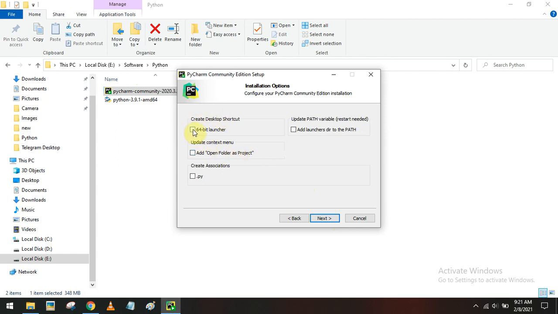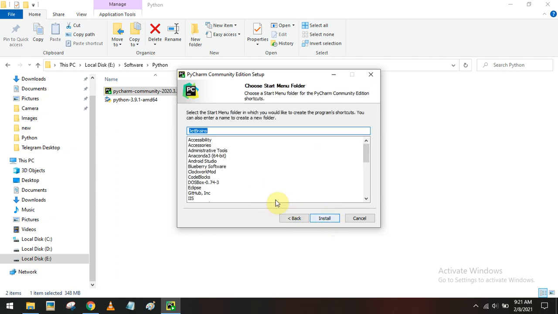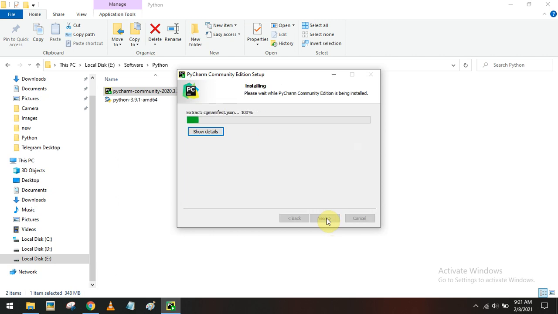And if you want a shortcut on the desktop, you can select this one and click next. Then you have to go for install. When you click the install button, it starts installing the software and the necessary files in the location specified during the configuration.